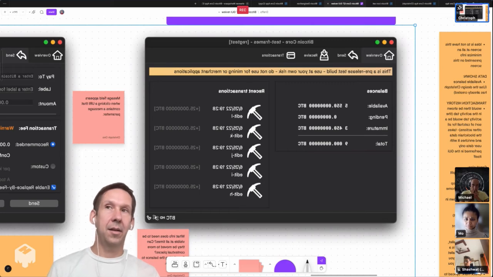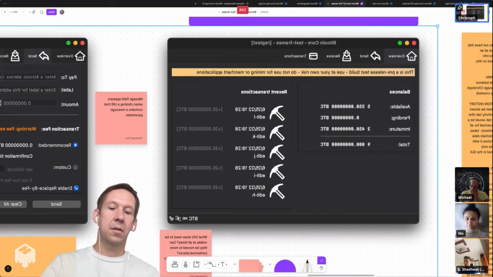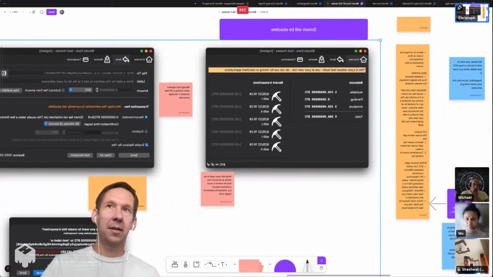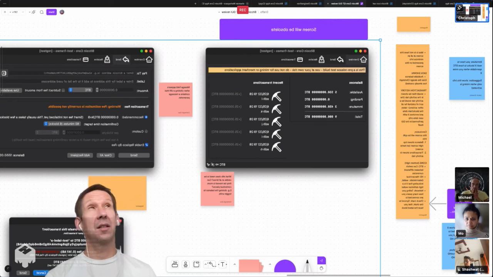So I don't know, having a dedicated space for this seems a little bit overkill. And if you simplify this, then what's the difference to the actual transaction screen? It's the same thing. It's just a list of transactions. So that's why the idea was there to cut it down. And the thing with transactions is